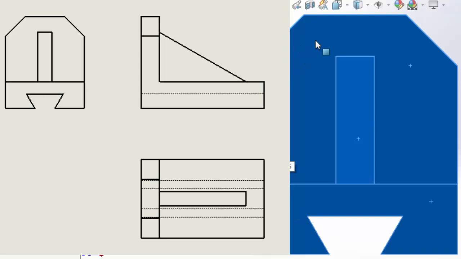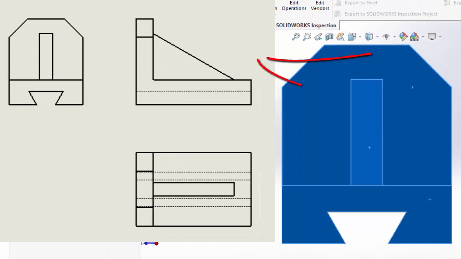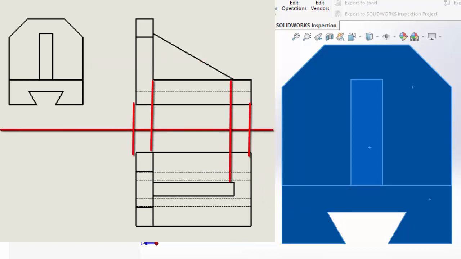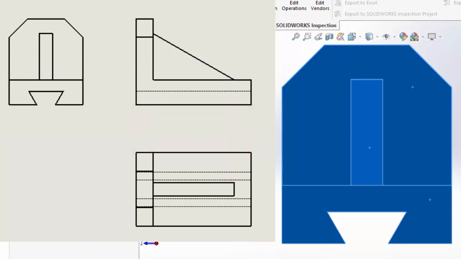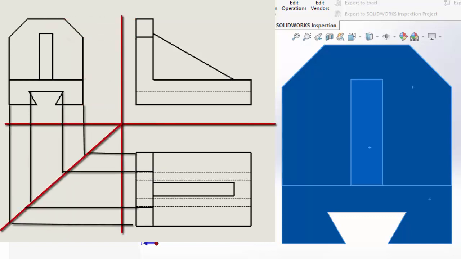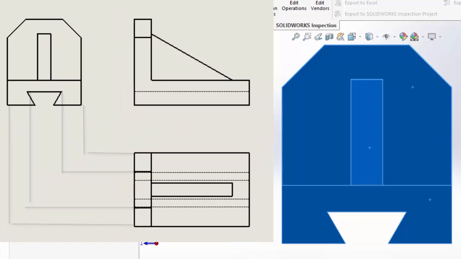We have to draw these three views in appropriate positions. Let me show you the orthographic projection. The front view will be here and the top view will be beneath the front view and the right hand side view will be in the left hand side of the front view. The dimensions for the top view should be taken from the front view and the dimensions for the side view should be taken from the front view as well as from the top view. From the top view we have to draw a 45-degree line here. Using that 45-degree line, the dimension should be transferred to the side view. Hope you have understood. Thank you.